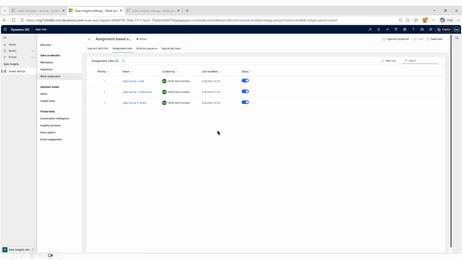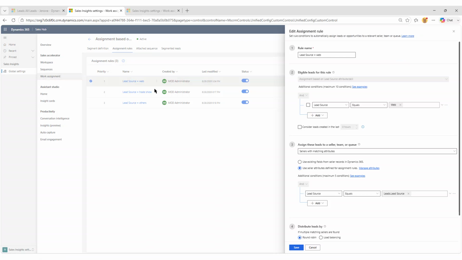Now I will open them one by one. If you see the first one, lead source equal to web rule. Here I have given the condition as lead source equals web, and here I have selected the value as sellers with matching attributes. So in the previous video, I have selected the specific seller value and then we need to mention the